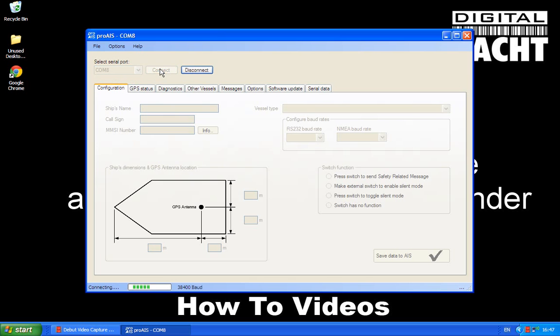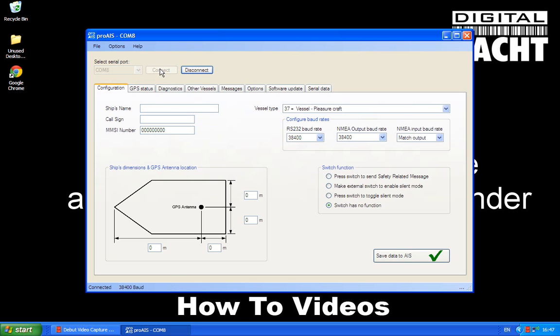and then click connect. As soon as proAIS starts to connect to your AIT1000, you'll see a series of flashing green and red lights on the clear USB connector. The green light indicates data from the AIT1000 and the red light indicates data from the PC, and you'll see both lights initially flash as the communication is established. Then it will settle down and it will just be the green light. So once you've got that